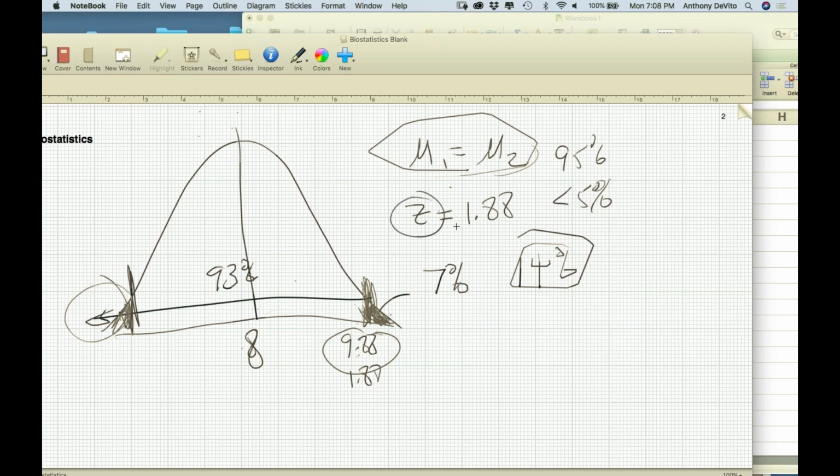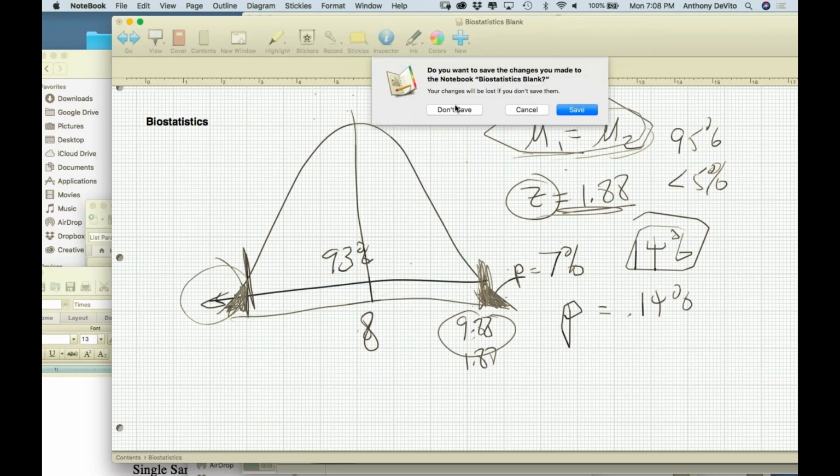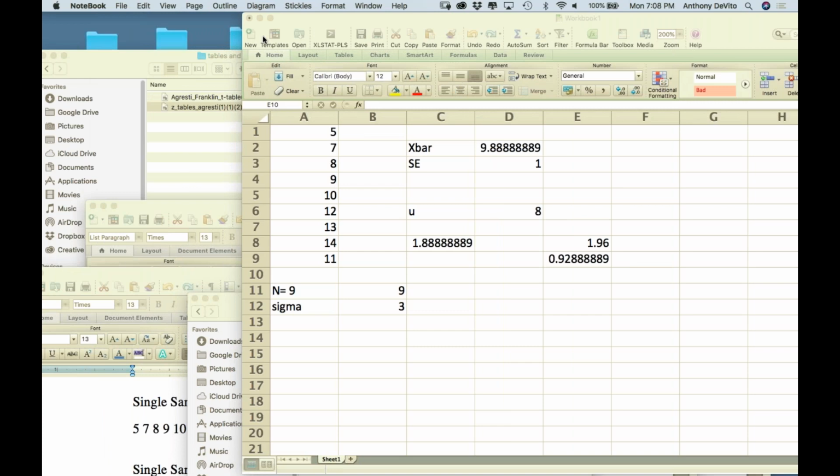So the z-score tells us whether we have enough evidence to say that these are different. I have to take the z-score, use it to calculate a p-value, but that p-value only represents one side of the distribution of samples. I have to double that to account for the other side of the distribution to get the p-value, the probability I would be wrong if I reject the null hypothesis and say that these two means are different from one another. Let me try that again, so that maybe I can make it a little bit clearer. As I build on this, maybe it'll get a little clearer as we go along.